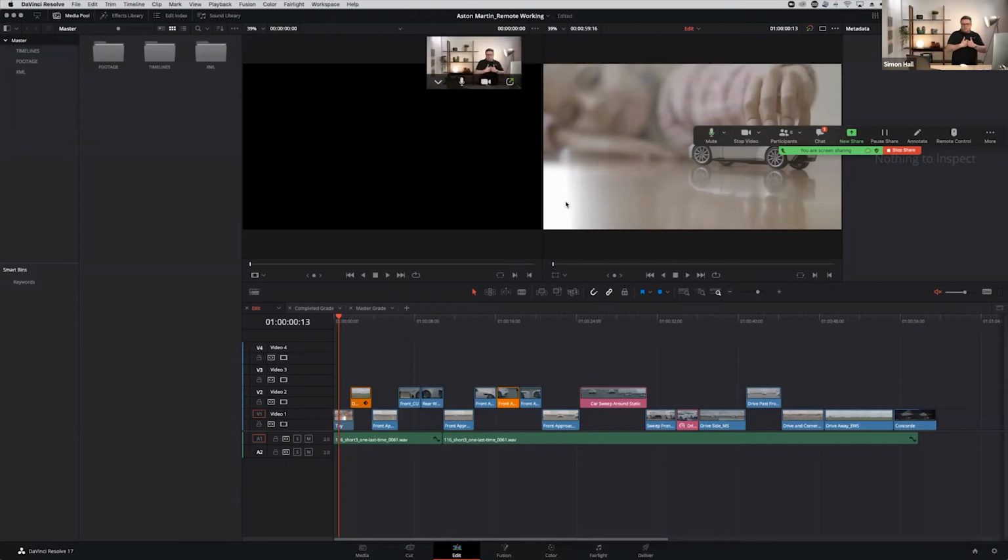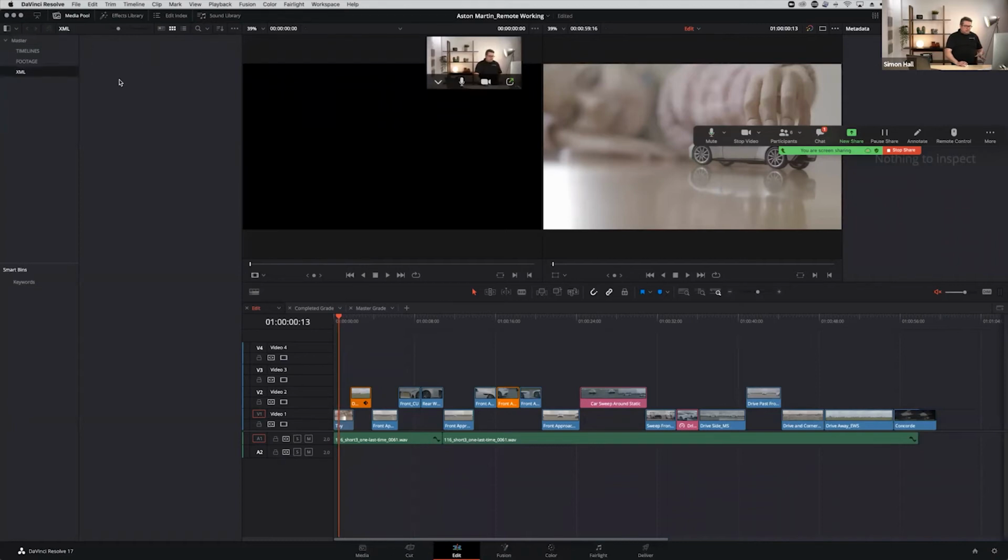And the answer is, obviously, we can't open Premiere or Avid projects. What we have to do is do it by AAF or XML. So if you do it from Premiere, you export an XML. If you do it from Final Cut, you export an FCP XML. If you do it from an Avid, you export your AAF. So again, I get a lot of questions about this, of people going, well, what's the best way of doing this? And in truth, the best way of doing it is to simply, first of all, import